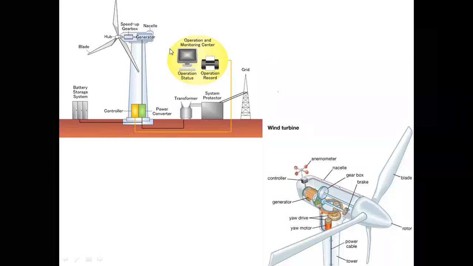Here the control system does all the monitoring, operating and monitoring all automatic operation. Again, here there are two methods. One is the on grid system, another one is the off grid system. On grid system is without a battery. Off grid system, with the help of a battery, the energy is stored. Here the wind converts kinetic energy into mechanical energy, further converted into electric energy. The output of wind is AC, but in solar the output is DC.